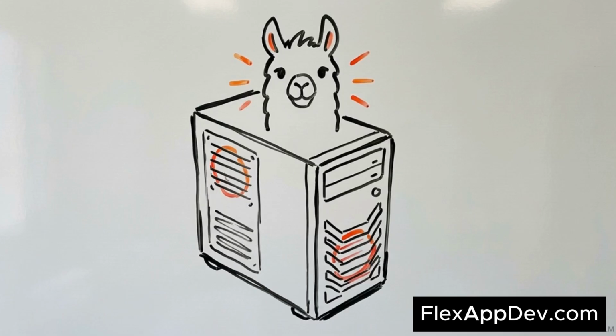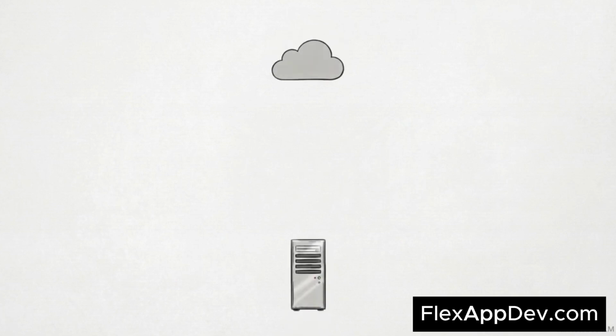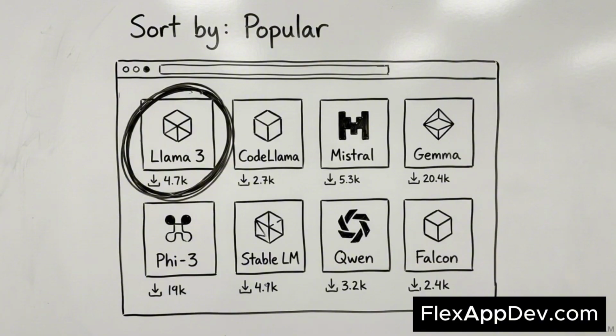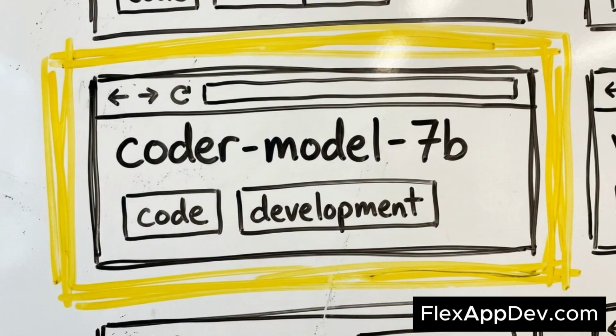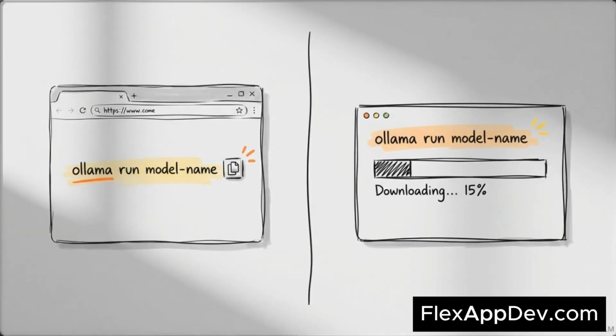Step 1 is setting up the local engine. We will use a tool called Ollama. Ollama is a free application that allows you to download and run large open-source language models locally. This interface shows the model library on the Ollama website. You can browse the available open-source options sorted by popularity, allowing you to identify the models specifically optimized for writing code. Once you select a model, open your terminal and type the run command provided on the model's page to